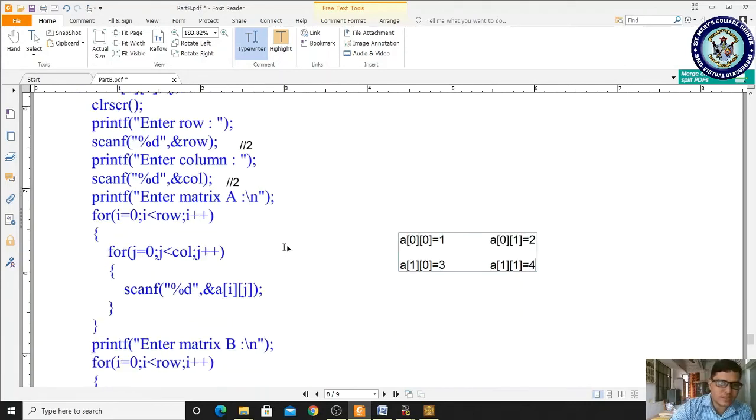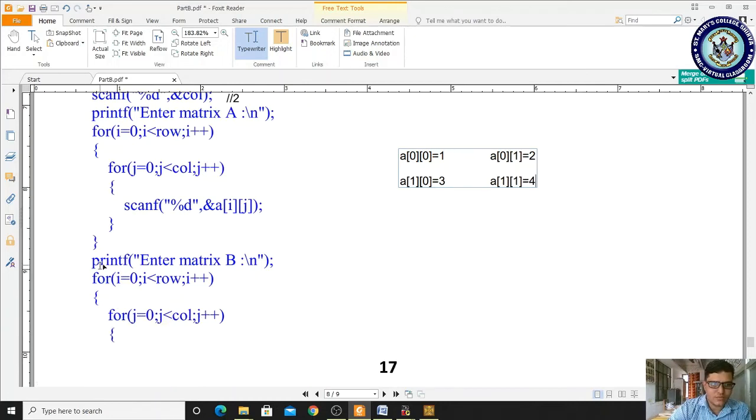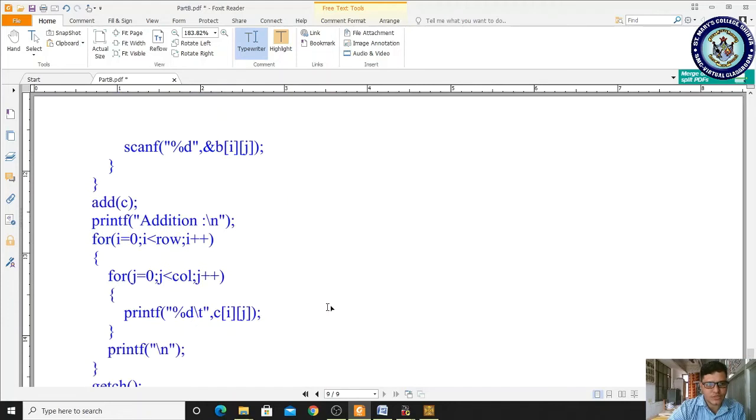So we are writing the same logic for reading the values for matrix B. We are writing enter the matrix for B, so we have to read the values and store them in these locations. It is the same statement as above, but here we are using b of ij, that's it.